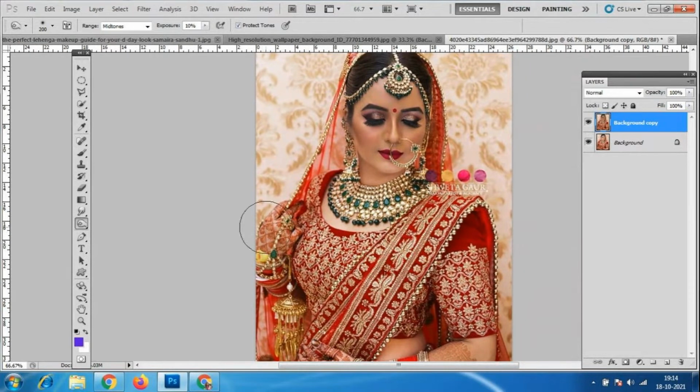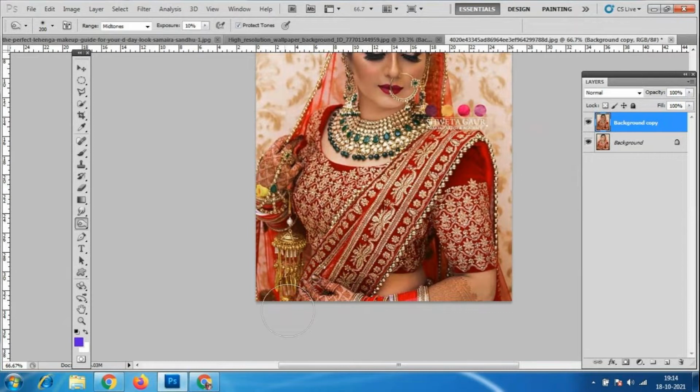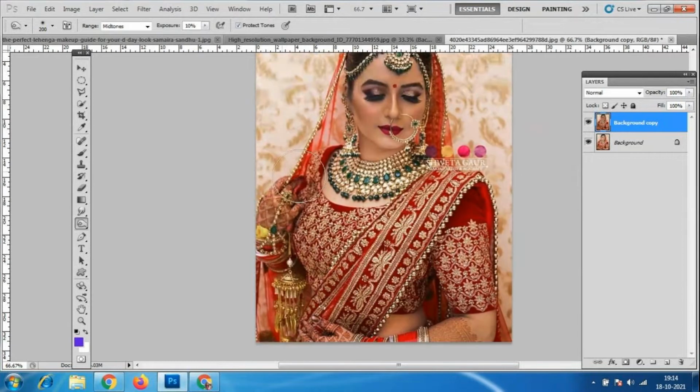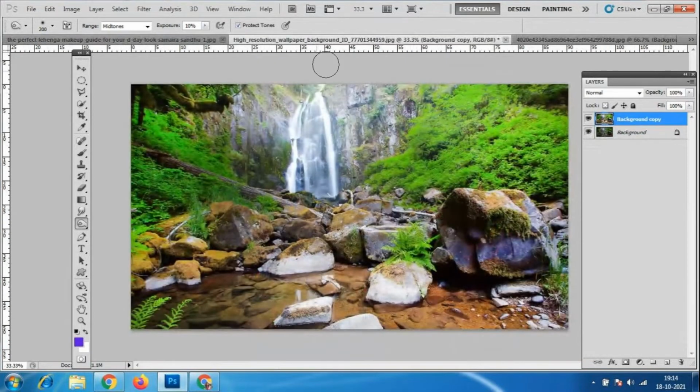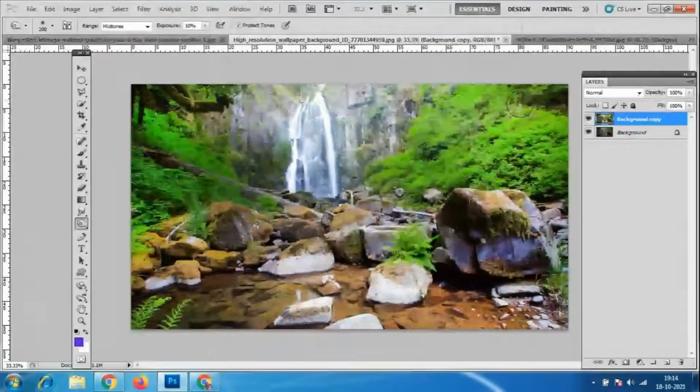You want to make it dark, so that time you can use this option. So it is completely dark. Before it was like this, now it has become dark. So like that, whatever images we have done here, we made them very bright over here. For that only, if we want to make it dark, again we can go there.